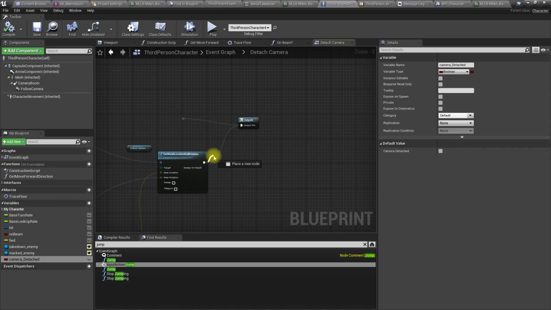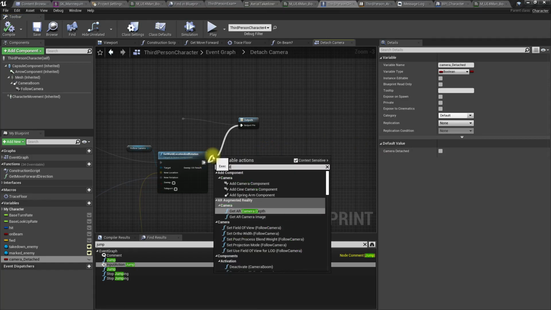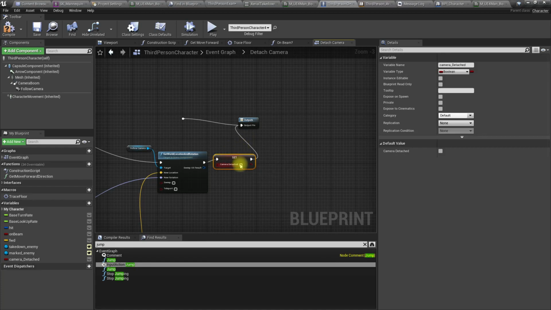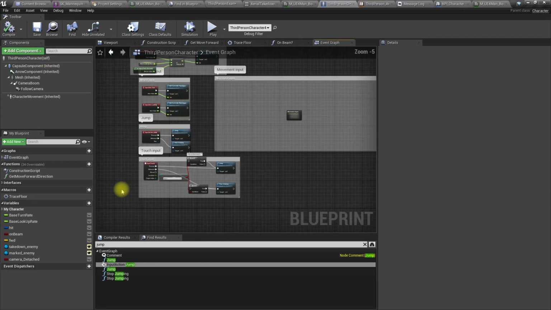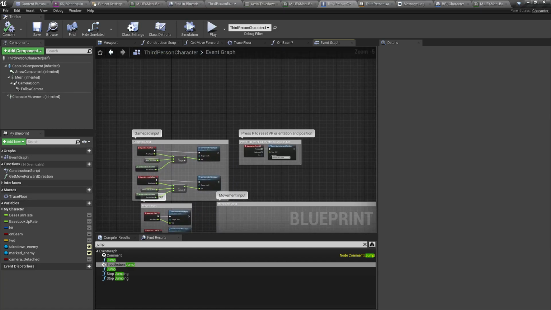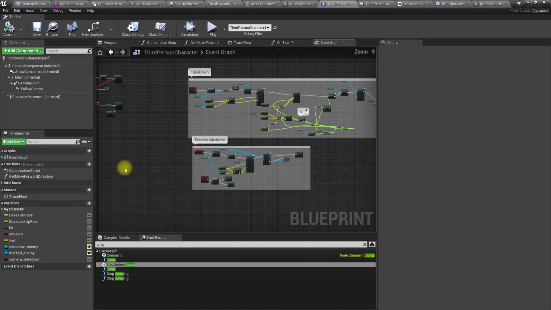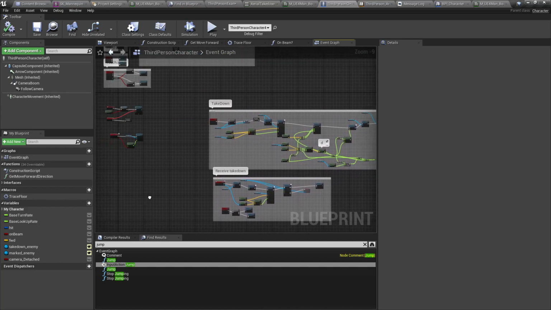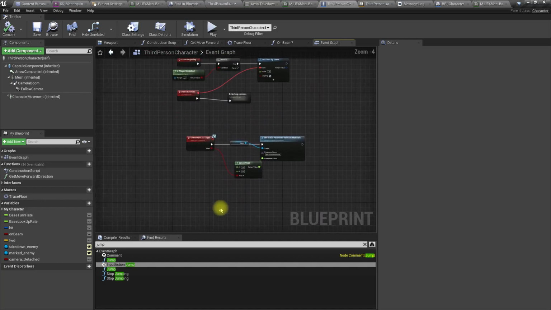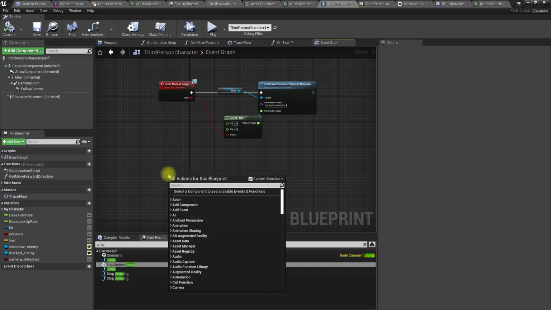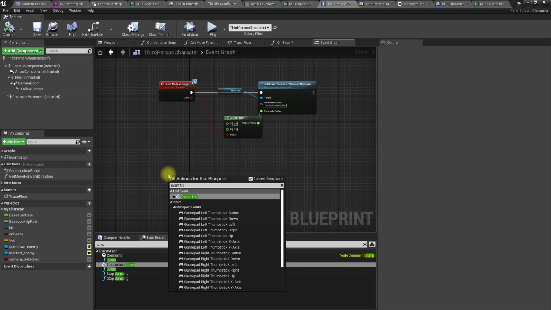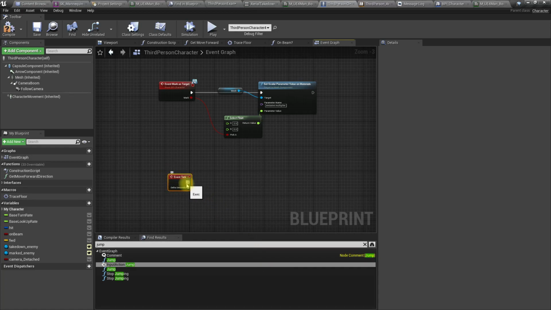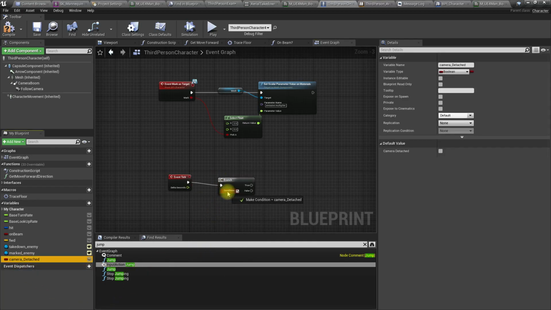I'll set camera detached to true here. If the camera detached is true, where's the tick? Oh, we don't have event tick here. Alright, then let's add event tick, branch. If the camera detached,